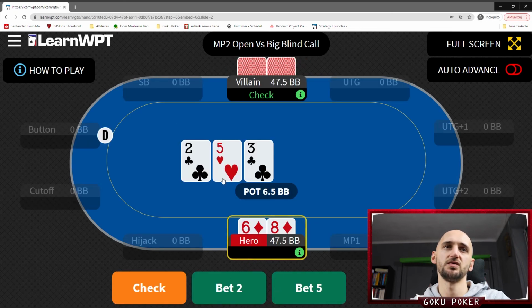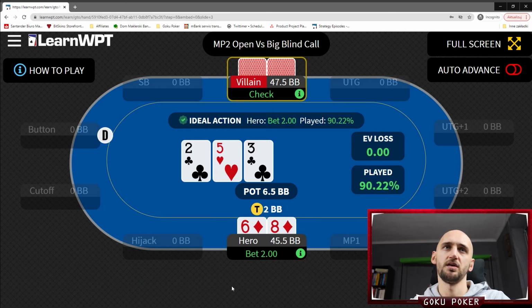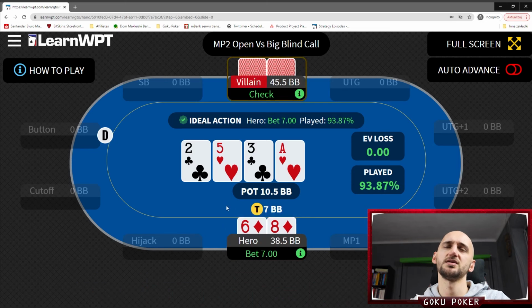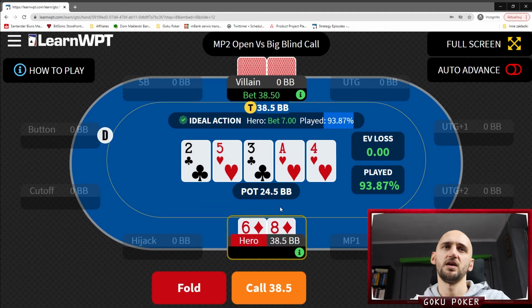6-8 of diamonds on deuce 5-3. We're gonna bet 2. Yep, villain calls. Ace on the turn. I think we continue betting here with our hand, or maybe overbet. Okay, no, it's a bet 3/4. 94% of the time. We get called, and the villain now shoves on the river,